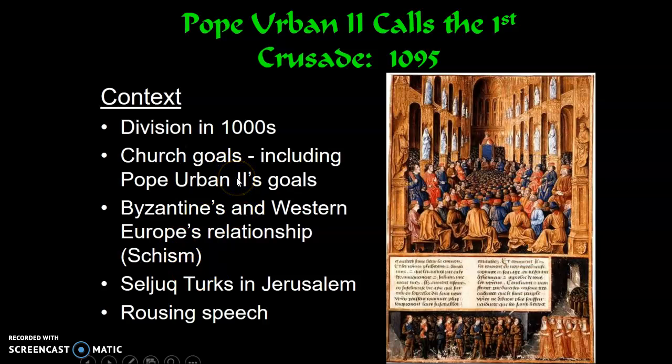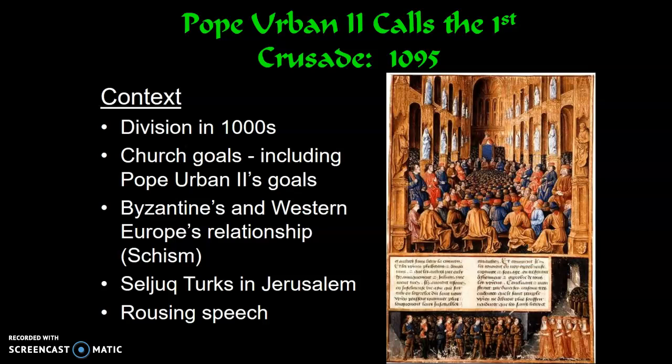So it's in this political vacuum that some of this takes place, and we can think about what type of agenda the church might have in getting involved in this, whether it's Pope Urban's specific agenda, or the church and the power of the church and trying to connect with Byzantine again. Is it about the church expanding their power politically in Europe? Is it about trying to take all of these knights who are fighting and recklessly endangering each other, perhaps getting some sort of unification so that there is a little bit less of the violence of knights on knights within Western Europe?